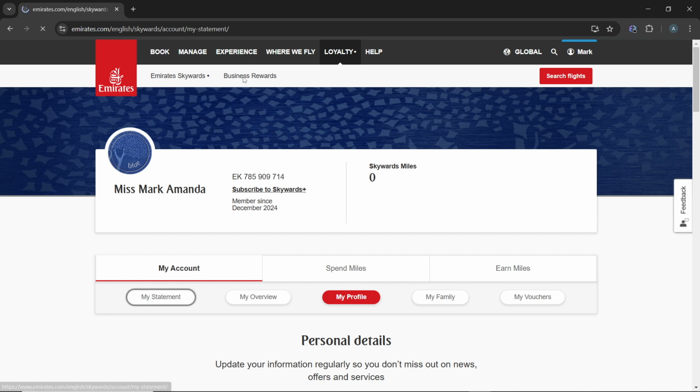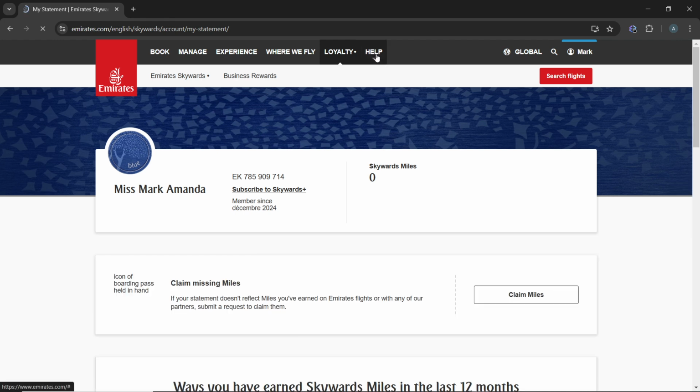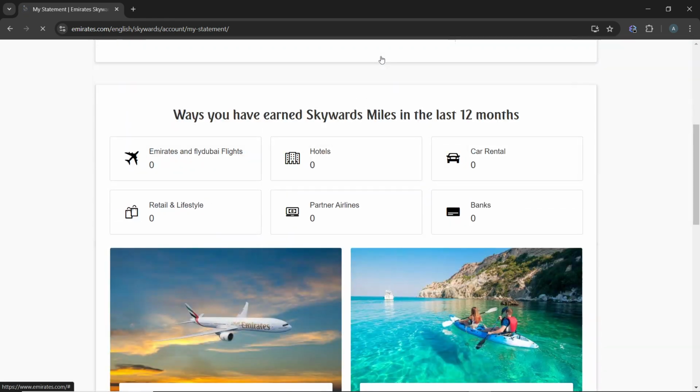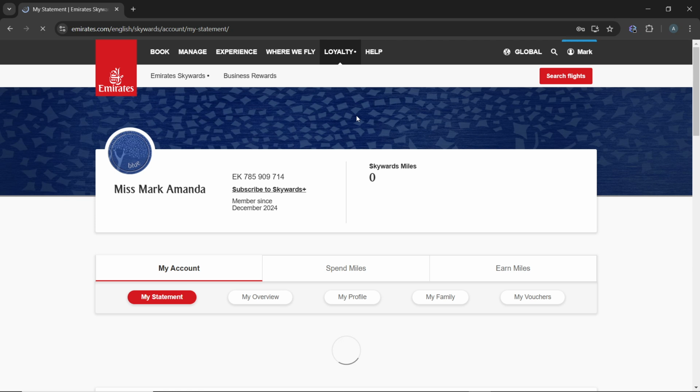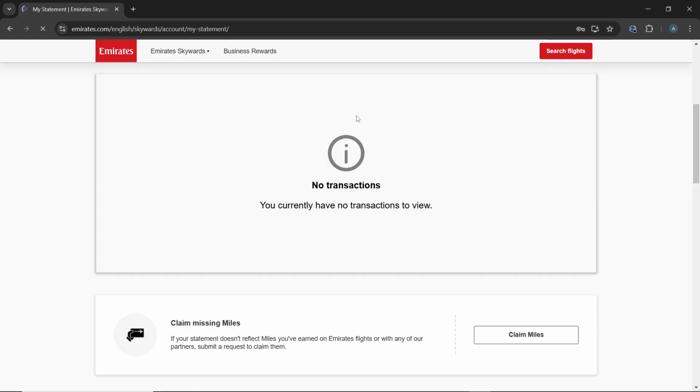And what's that way? Head over to the top of the screen and click on this help button that is here. And once you click on help, it's going to take you to the help desk. Right there in the help desk, just ask them or let them know that you